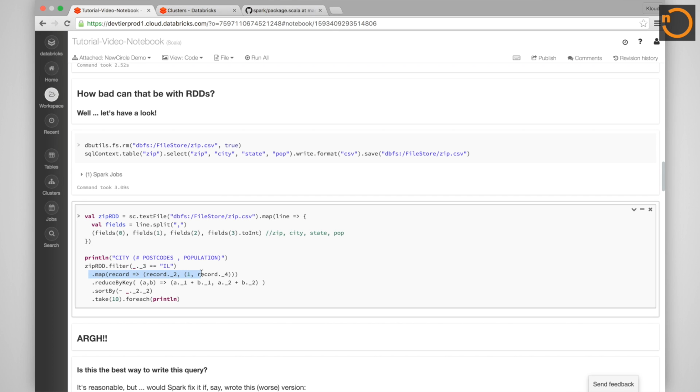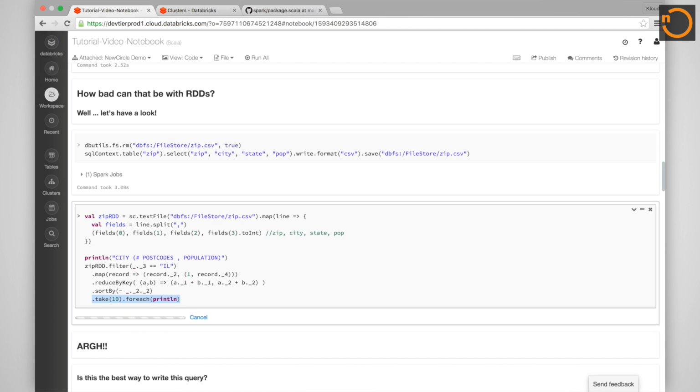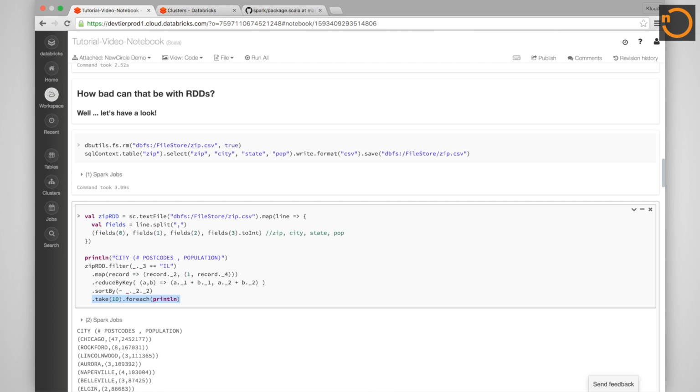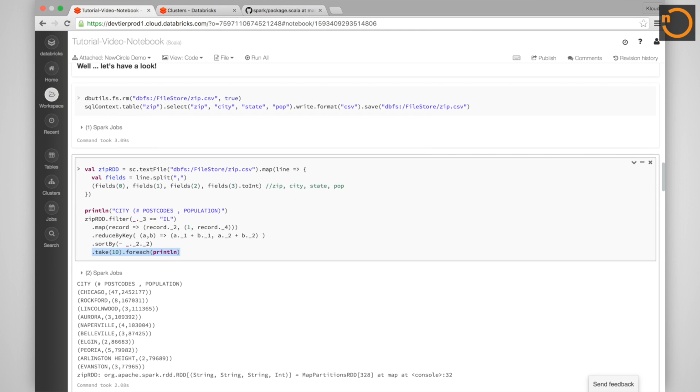We're going to project out the city and the population. We're going to do a reduce by key. So for each city, we roll up all the population data. Then we're going to sort this thing in a descending order. And we'll do a take 10 so that we can get the results back more efficiently, and we'll print them all out. So I'm going to run this, and I just want you to see that we get the same